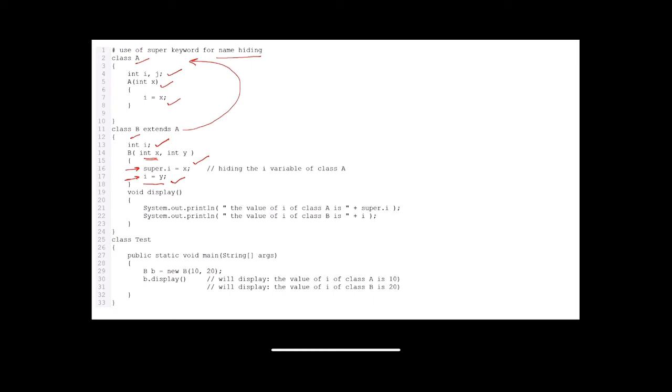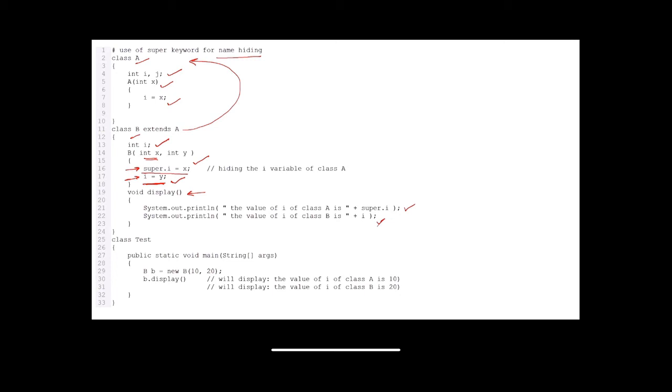So basically, this is the concept of name hiding, where I'm using my super keyword over the value of I of my parent class. Now I'm also using a method display in my class B, where I'm printing the values of both the I's.